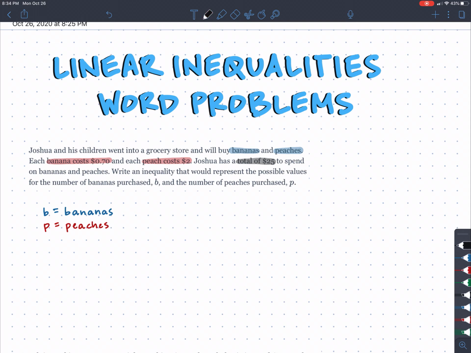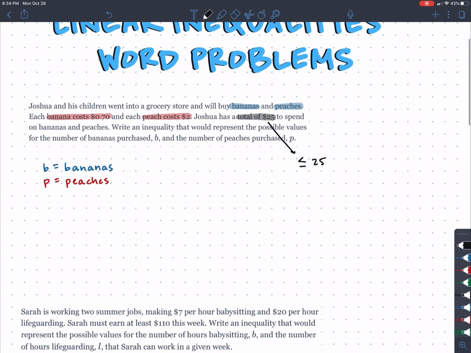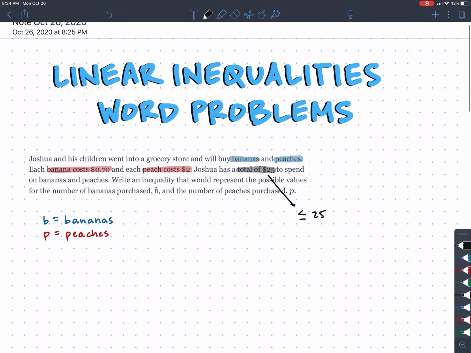So we have our two variables. And then we want to talk about what this total of $25 means. So if we think of this as a budget, we think that we can't spend more than $25. So the inequality that I want to use is less than or equal to $25 because the cost of these should be less than or equal to $25. So now, sorry, I got ahead of myself. So now we are going to set up our inequality for the cost. So the cost of each banana is 70 cents. So we are going to write